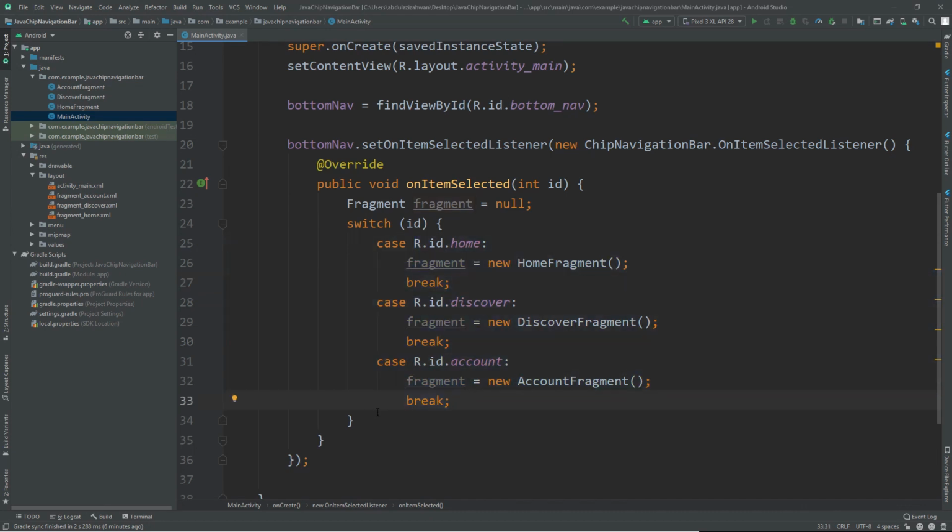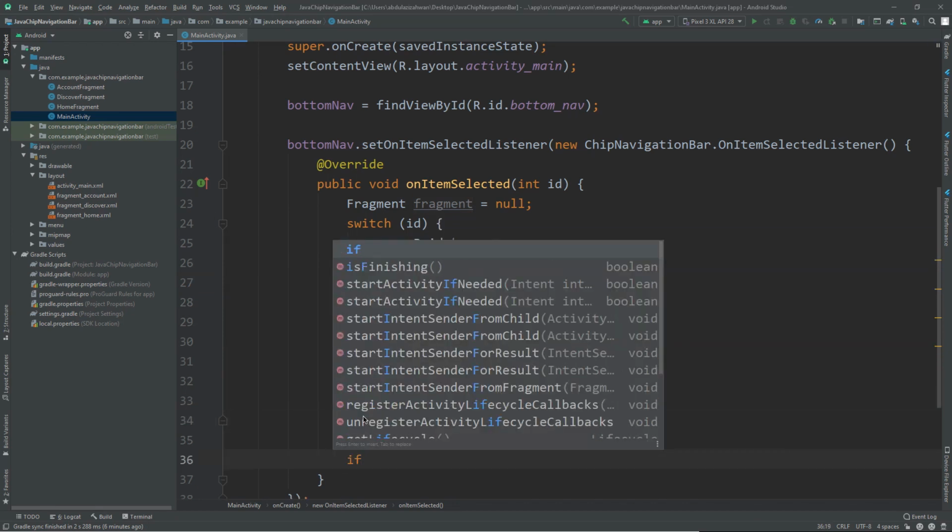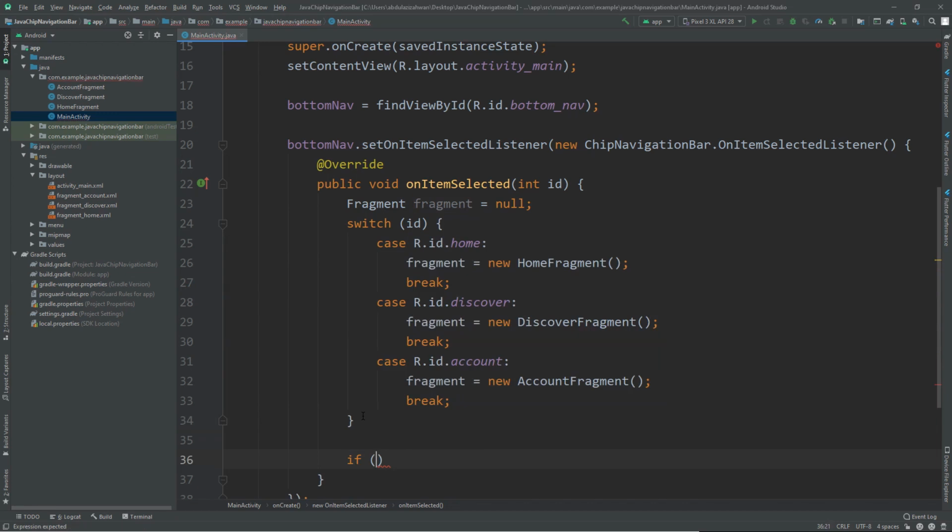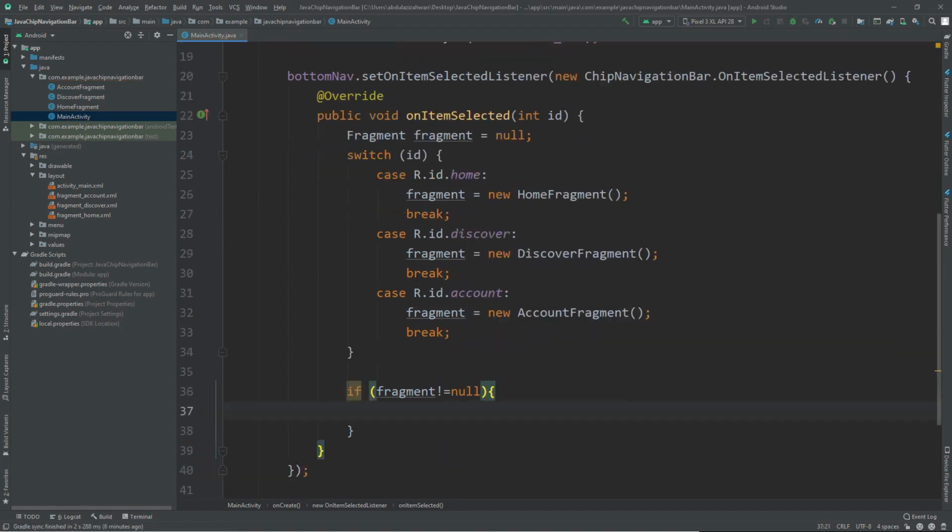Alright, and below the switch case statement I say if our fragment is not null, so we need to execute this code.